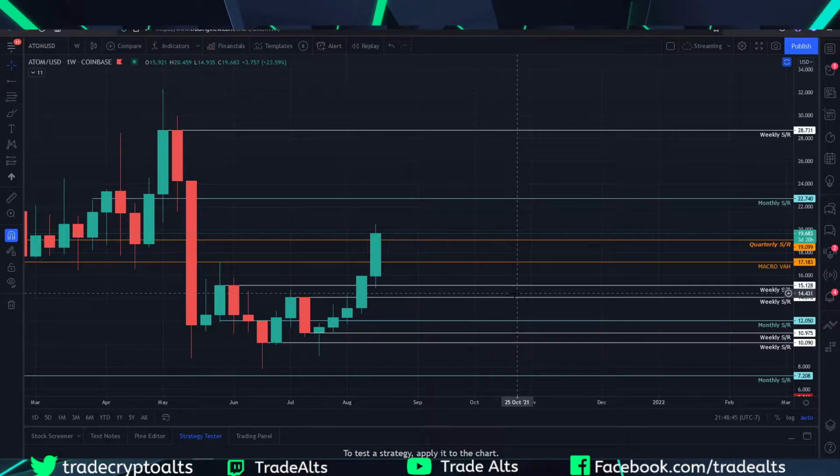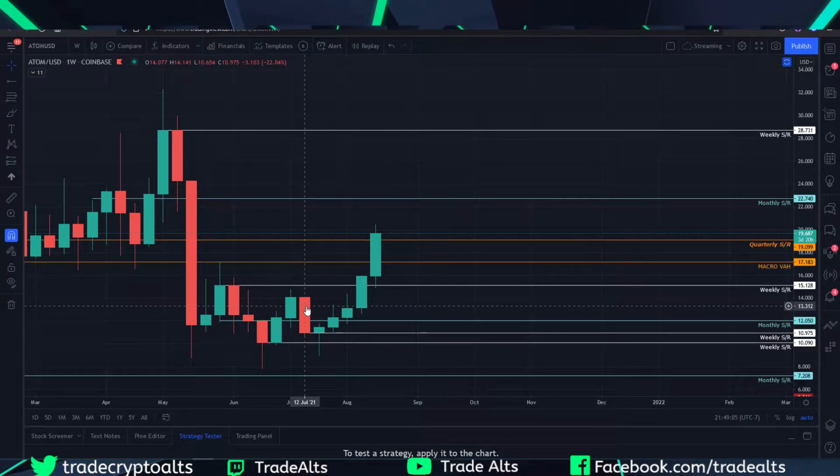You don't have to have these two levels on here, but in a way, they are worth monitoring, just because of the type of respect they've had on this time frame. And I would say that this one's actually respected quite well on the weekly time frame. So if I was going to keep one, I would keep the top one. And again, I'm not trying to complicate it. You can either have them on or you don't need those two on, I don't think, because